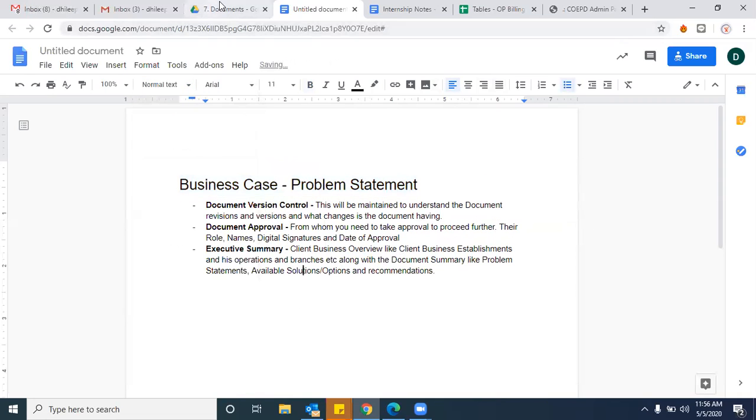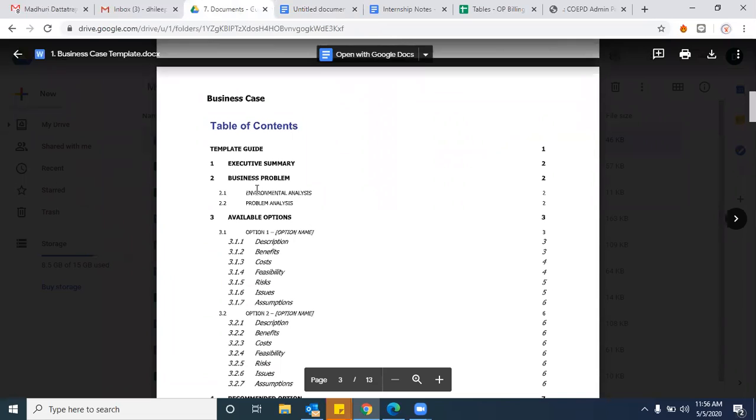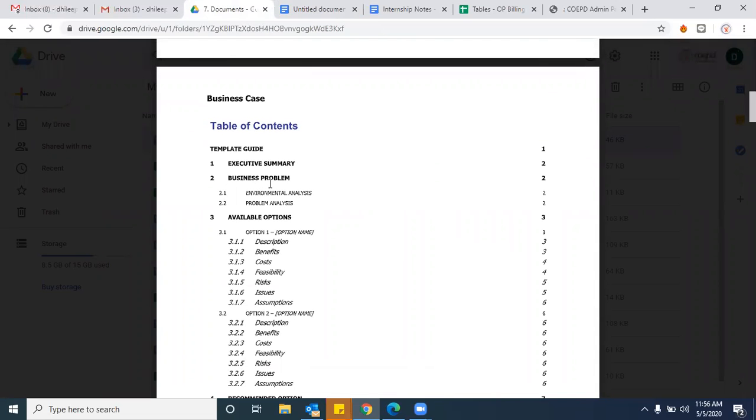Right. Okay, the next one is the business problem, the actual problem. We need to discuss it in this business case. Already we discussed this, but business problem is nothing but all the challenging areas that we're going to discuss. In a few scenarios it is going to affect the environment as well, right or wrong?